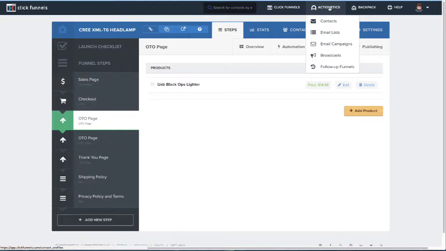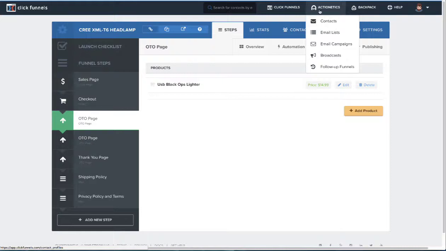But for a lot of people, it was not worth the upgrade to $297. From $97 to $297 is a big jump, especially for a lot of people. And one big drawback to that was with Actionetics, you still needed to use an SMTP email provider, which meant that, yes, and how I would explain it to people is,